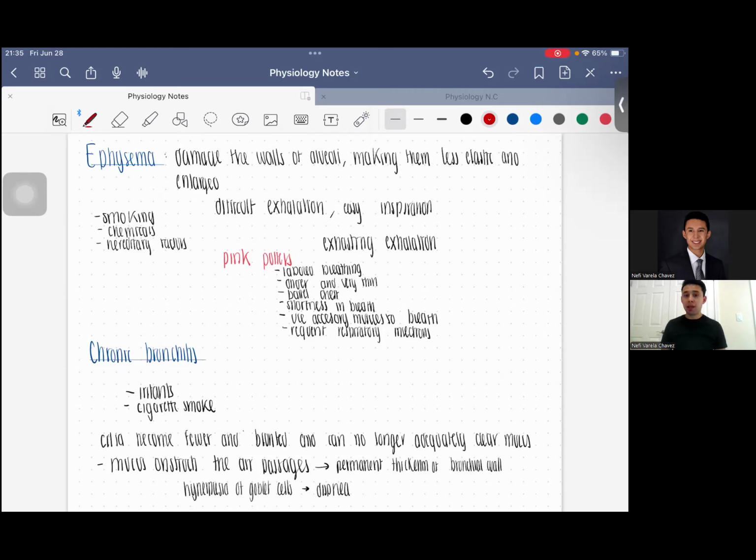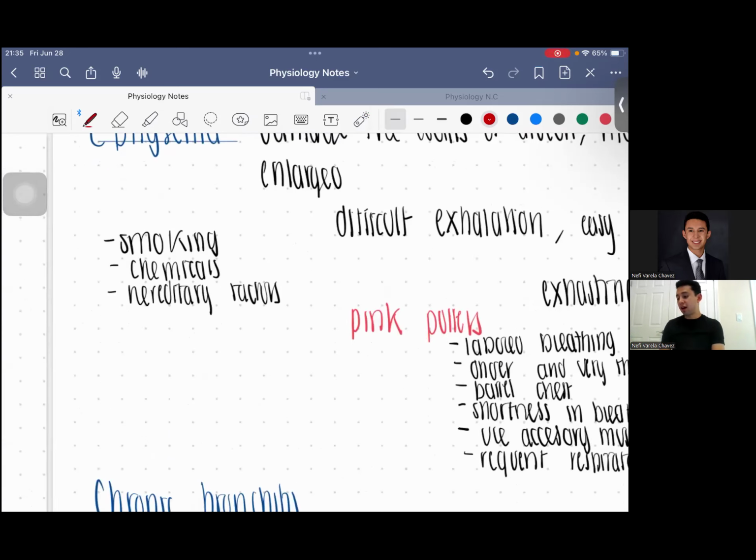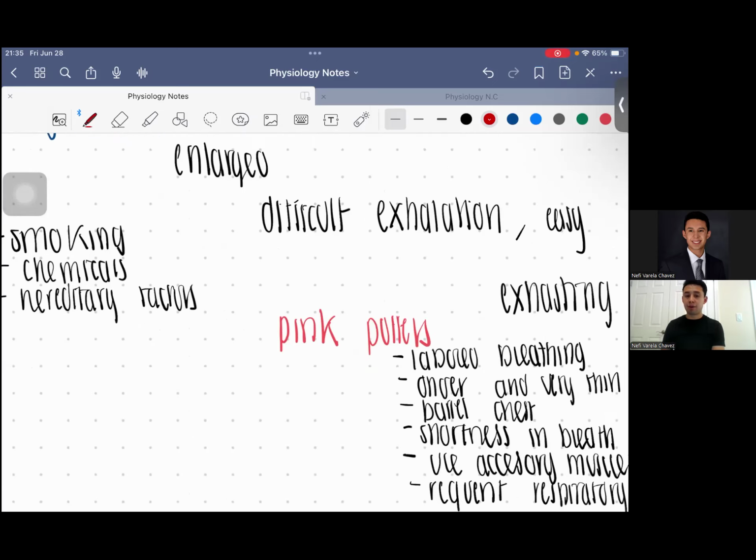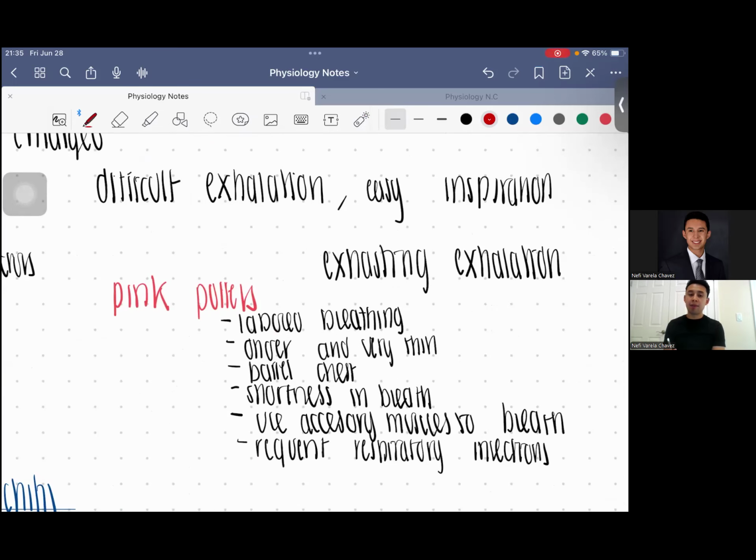So that's what is happening. We have less elastance, so it's really hard, it's exhausting, to do exhalation. There are going to be several causes for this. One is smoking. The other one is chemicals. The other one is factors that we inherit from our parents. A name that is given to this problem is the pink puffers. And some characteristics of this are labored breathing,